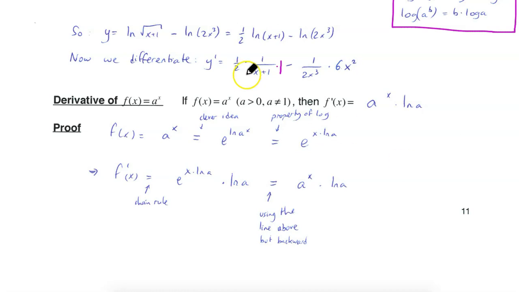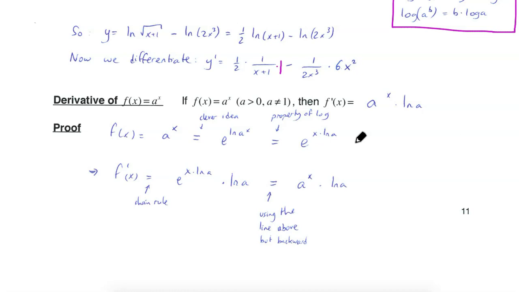What is the derivative if f of x equals a power x? Here's the answer. f prime of x is equal to a power x times ln of a. And we're going to see why this is true. This is a very elegant proof, not necessary in AP Calc AB, but if you spend the next minute and